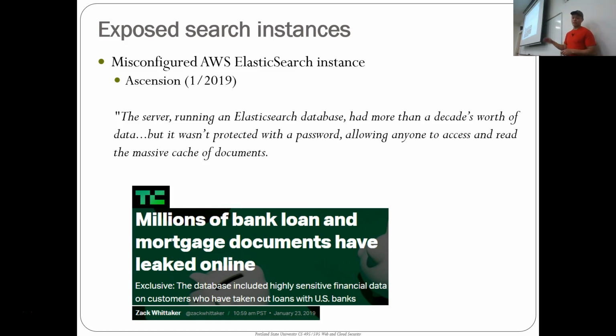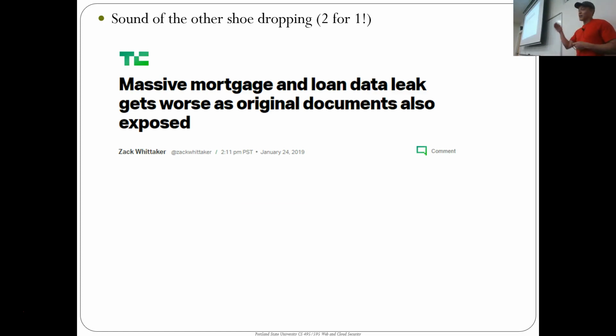A mortgage company left their Elasticsearch instance open, and then the adversary not only compromised the Elasticsearch instance to find a whole bunch of links to documents that they wanted, but also, on top of that, there were storage buckets that were exposed.